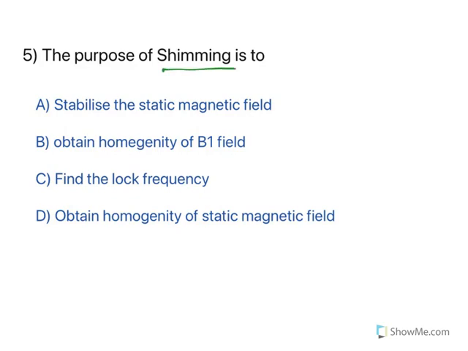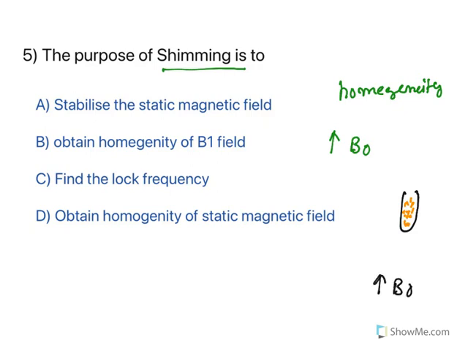Now the purpose of shimming is... now see, shimming is a technique. The shim device is used to adjust the homogeneity of the magnetic field. What do you mean by this? See, externally you will be applying a magnetic field. The sample is placed in a test tube, and the sample will be revolved to get sample uniformity. But externally you will be applying the external magnetic field. To get this external magnetic field uniformly distributed, shimming is applied. So shimming will reduce inhomogeneity.